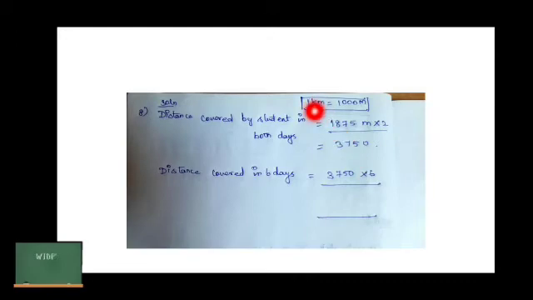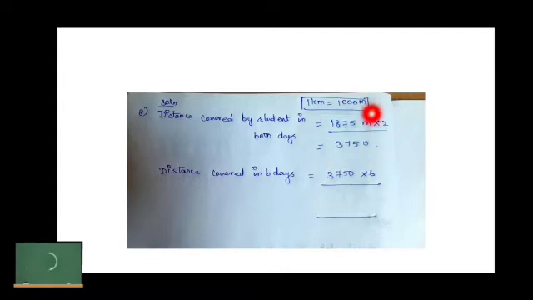We know that 1 kilometer is equal to 1000 meter. First, we have to convert the kilometer into meter. So 1 kilometer equal to 1000 meter. 1 into 1000 is 1000 plus 875 meter is equal to 1875 meter. The student covers both ways. In the sense, she travels 2 times, from home to school and school to home.